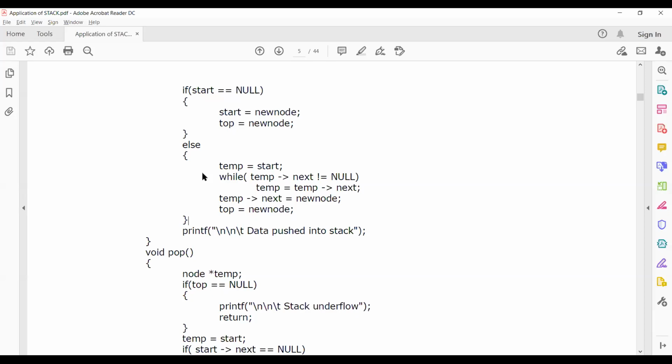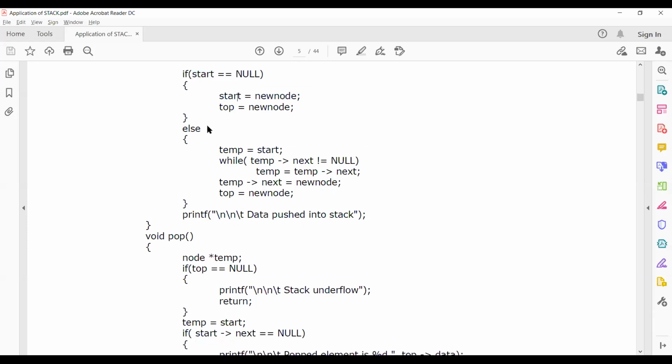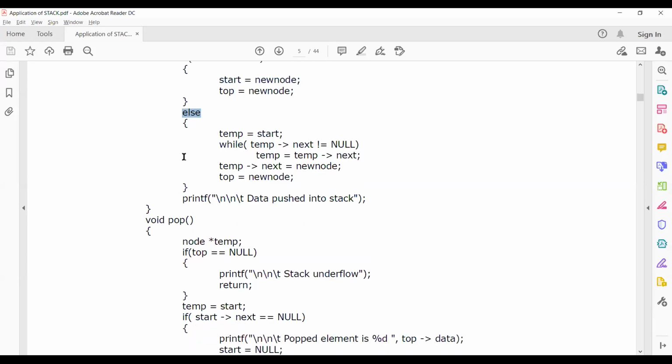That is start equal to null. If it is null, I will update here itself. I'll update the start variable alone. Now the start is 1000. 1000 equal to null, false. Now I'm moving to the else part. This else part will work.